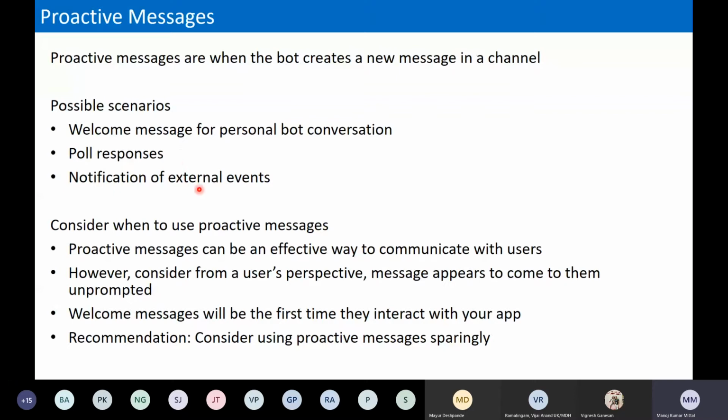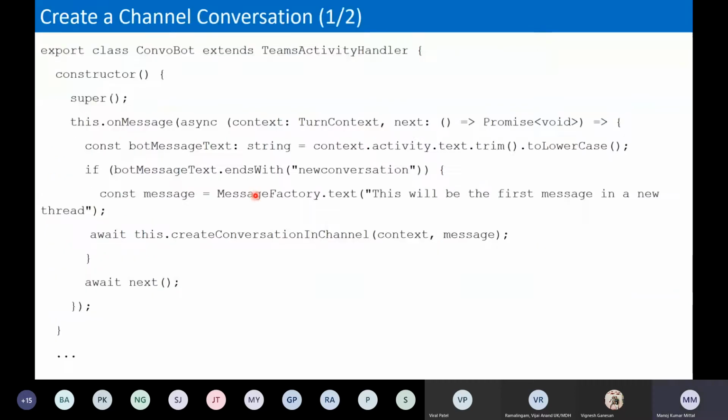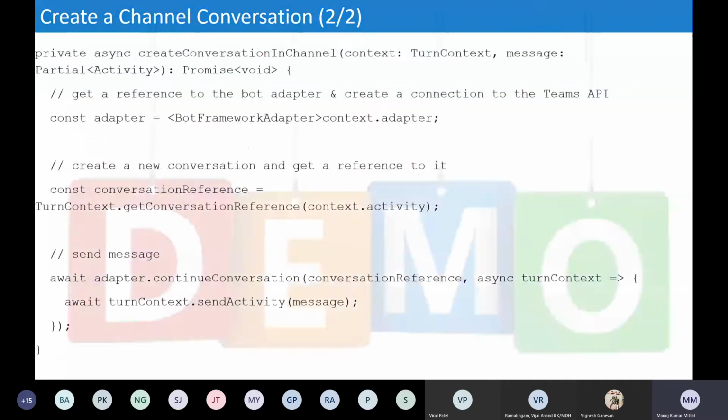Notifications, for example: our bot is running a campaign and we see some external activity, and after some time we need to keep sending a message to the particular user. For example, your time is due, like the toothbrush or the pampers. So for such notifications, we can use notification of external events within a bot using the services. Okay, so I will skip that and we'll just go to the demo on these sections. I will show it there.